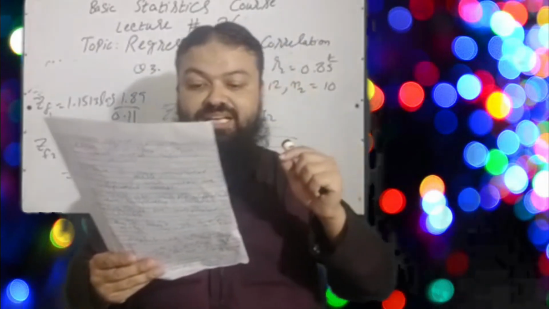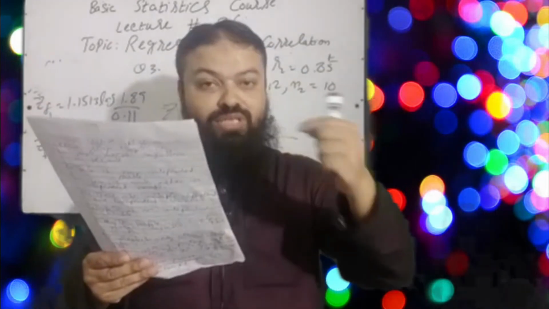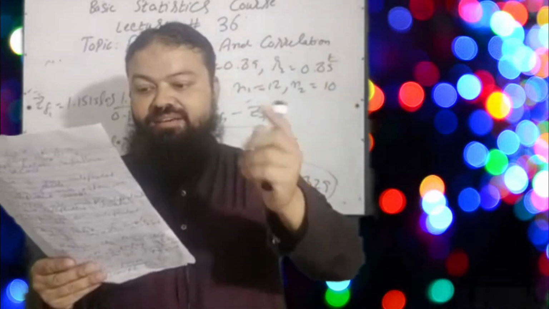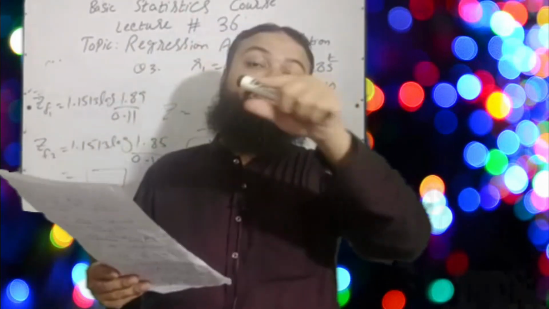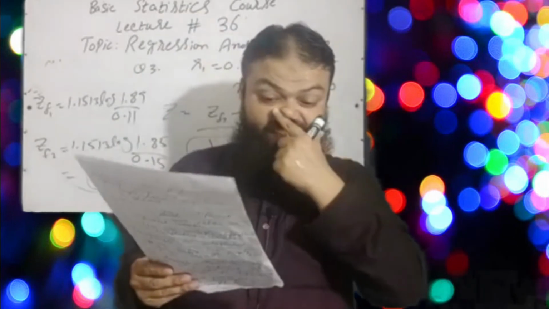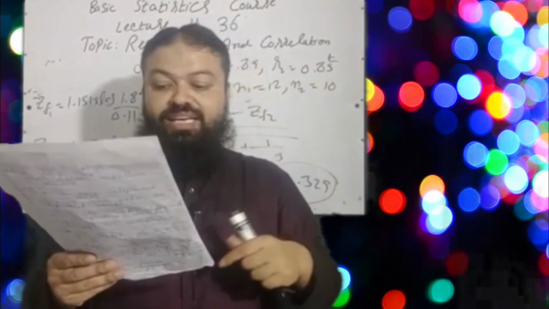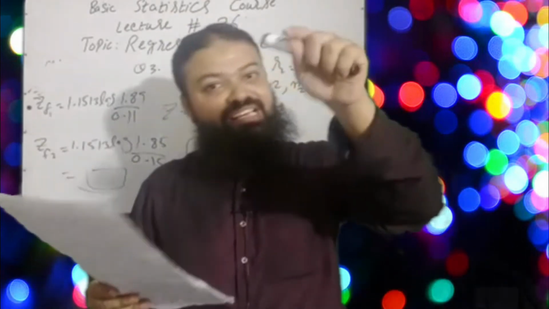Question number 8. In regression analysis, if the independent variable is measured in kilograms, a very important question, then the dependent variable A, must be in kilograms. That is the wrong option, and many students will click this. Incorrect. B, must be in some unit of weight. Incorrect. C, cannot be in kilograms. Incorrect. D, can be any units. Yes, that is the correct option.